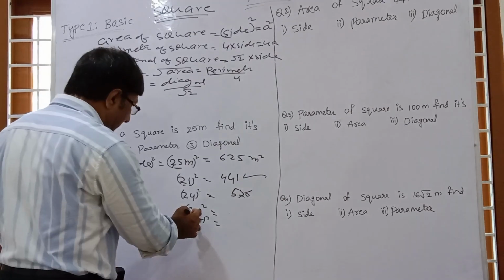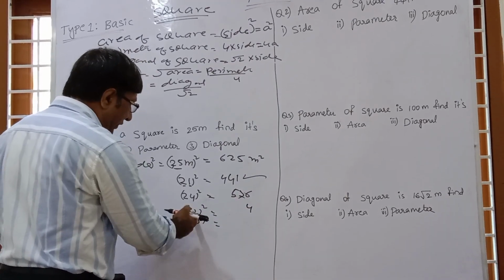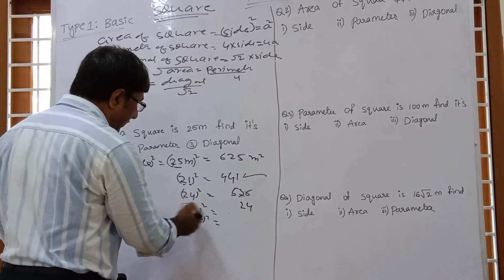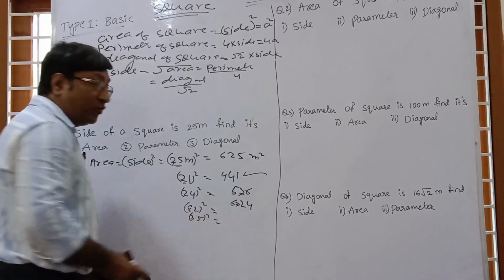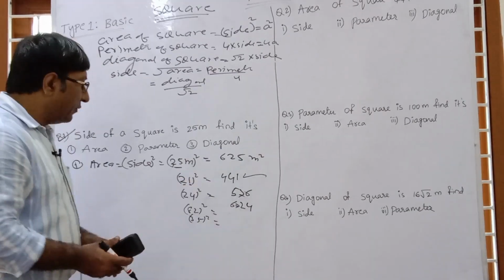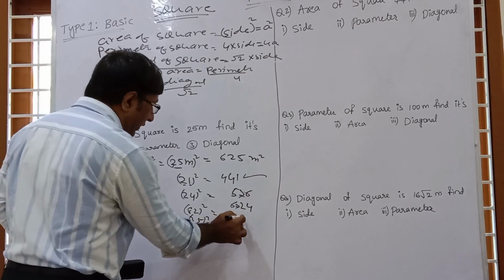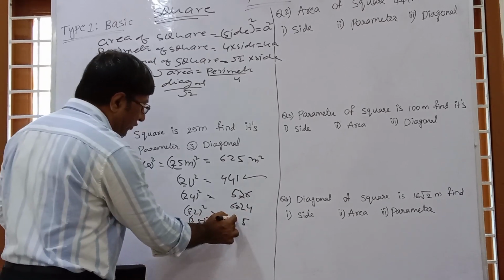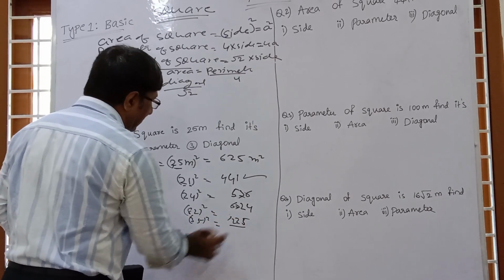See, again this is 82. So 2 square is 4, and 2 into first into second. So 2 twos are 4, 8 fours are 32, and 8 square is 64, and carry 3, 67. And you know 35 already, you know the answer, because 5 square is 25 and 3 fours are 12. But we are solving this question by technique, master technique. 5 square is 25. Then 2 into 5 is 10, into 3 is 30, carry 2, 32. 3 threes are 9, plus 3 is 12. 1 3 1 2 2 5 is the right answer.